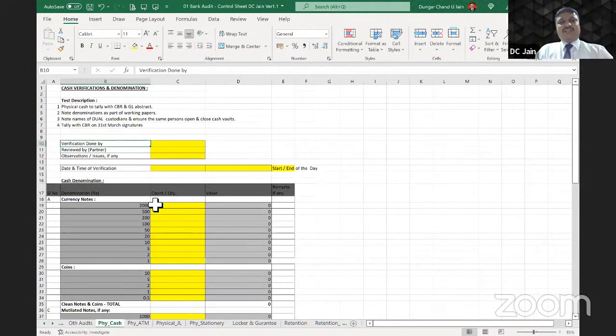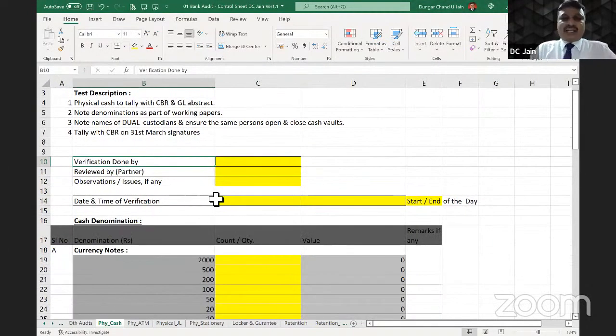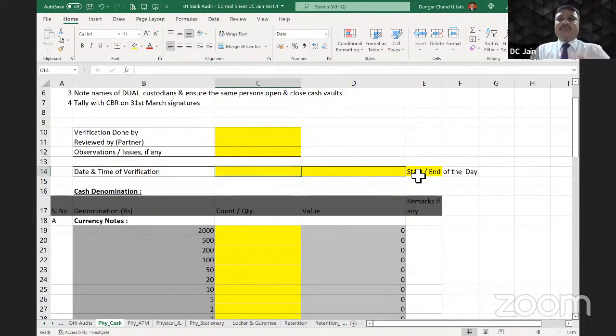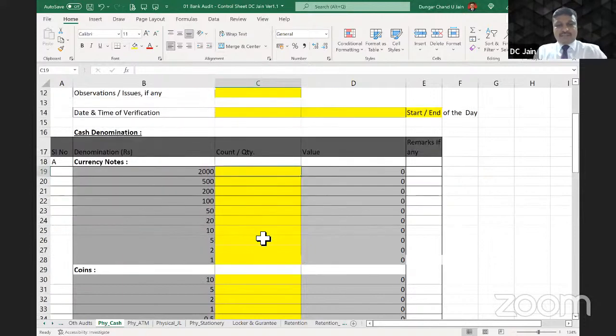Next, there is a sheet on the physical count of cash which we do. So on any day which you do, you can note down the date and probably indicate whether it is the start of the day or end of the day. We generally don't do it in between because we will not know the exact cash which is there in the vault. So it is always either in the beginning or in the end. And here you can give the denomination. Automatically it will give you the cash